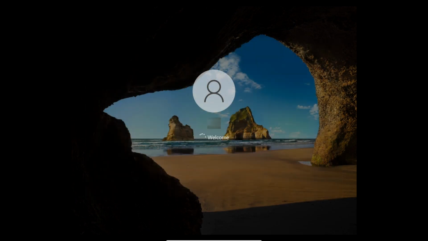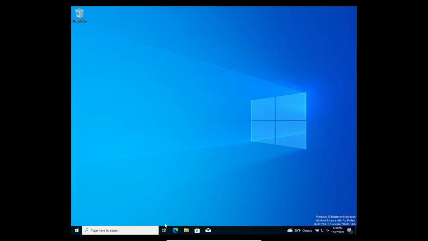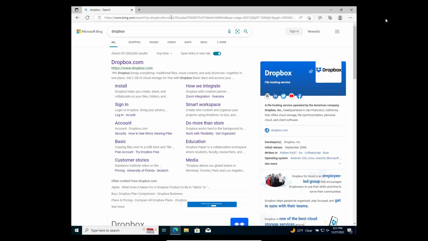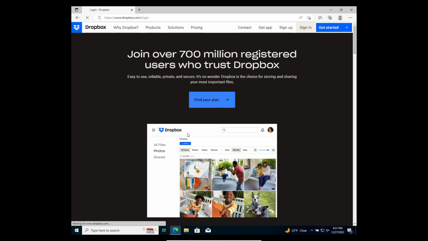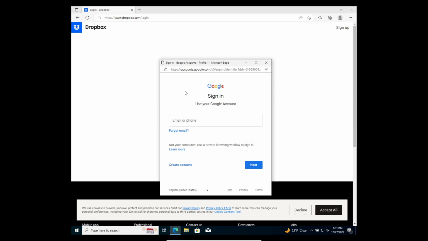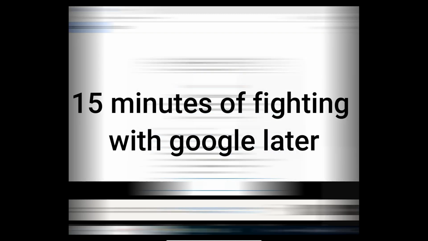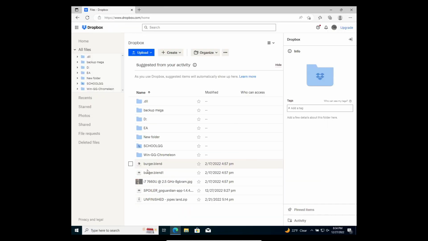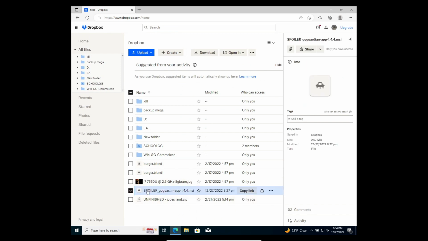So once you boot into your VM, you're going to go to your browser of choice, and then you're going to go to the website that you used, as in Google Drive or Dropbox or whatever. Okay, that took longer than I thought, but right here is that file, and I'm going to download that .msi